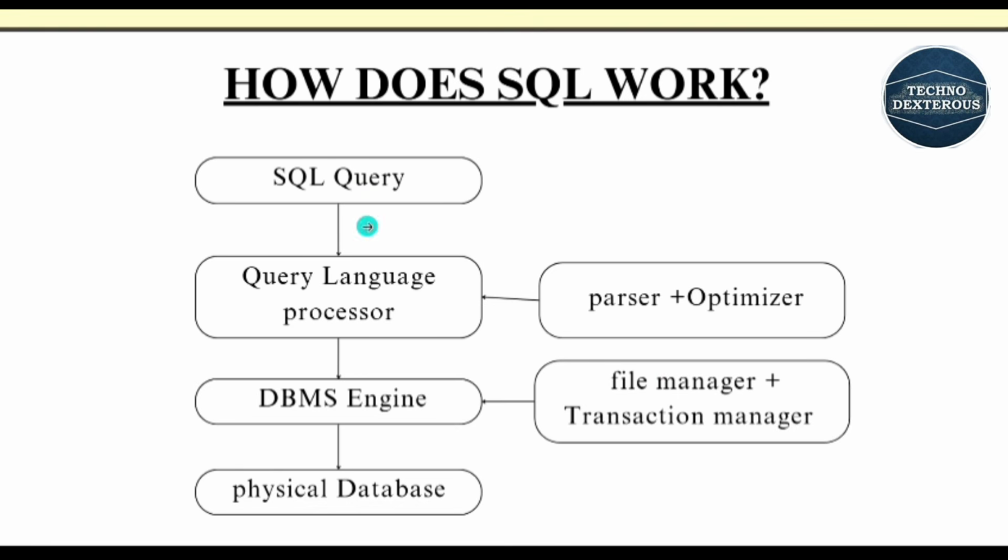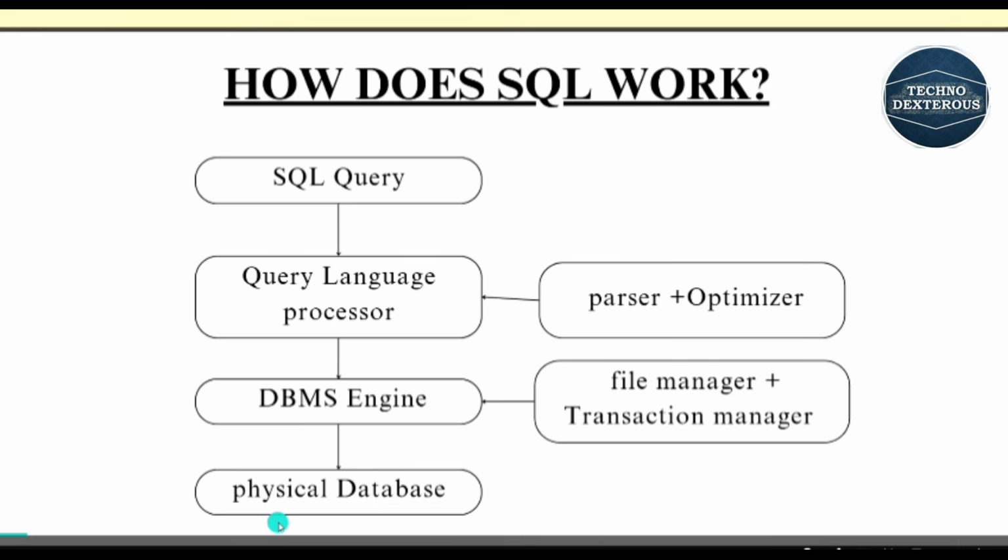Then the SQL language processor. What is the SQL language processor? The SQL language processor translates the SQL query into a form which the database can understand. Then, what is the parser and optimizer? It checks the query for errors and finds the most efficient way to execute it. Then the DBMS engine. The DBMS engine executes the optimized query. Physical database. The physical database is the actual database, where the actual data is stored. Okay. Then